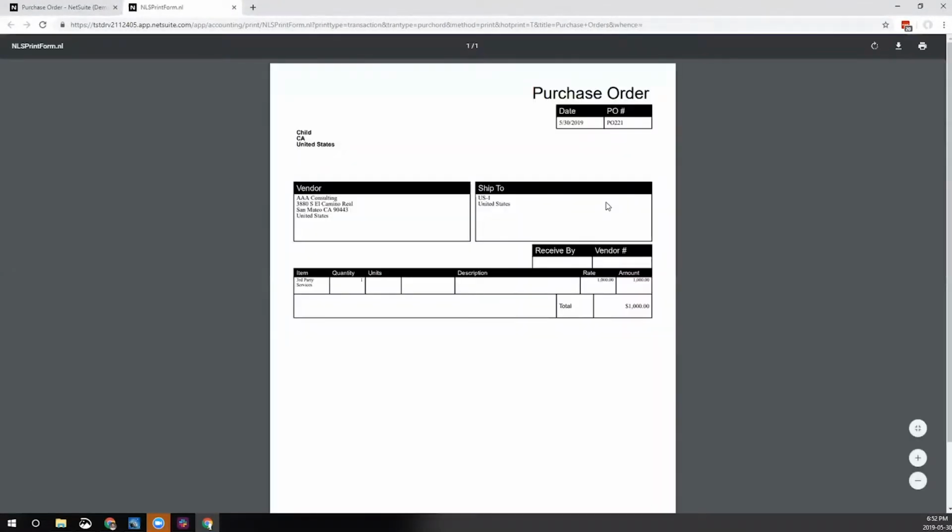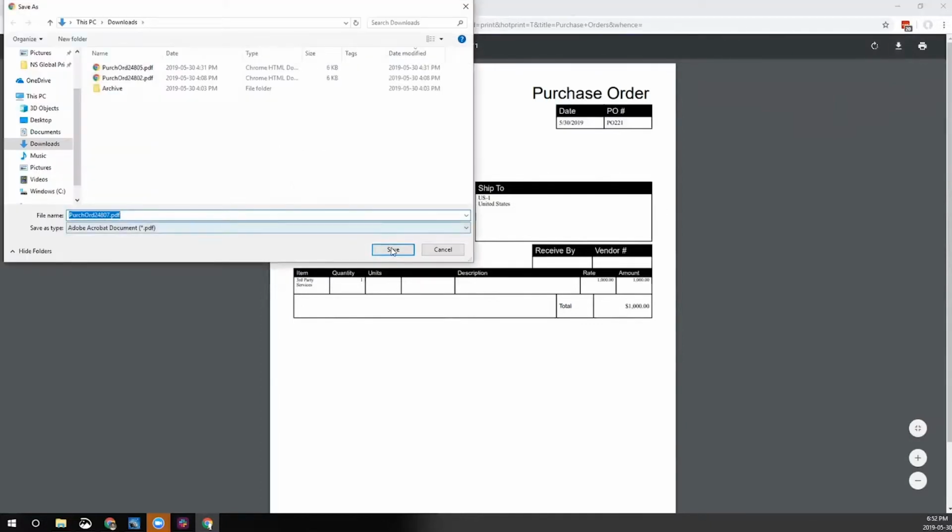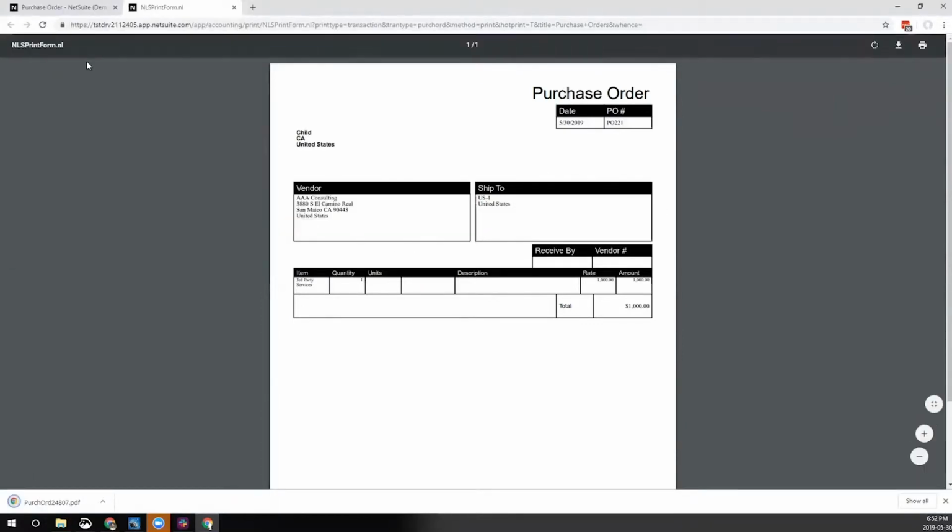I'm going to open a new tab, and we're going to see the PDF template that was configured to be used on this form. Now, the same as the email templates, we can configure these PDF templates however you wish. Exactly the way that your PDF templates look, we can match that. What I'm going to do is download this, save it in my downloads, and we're going to use this in a future step.